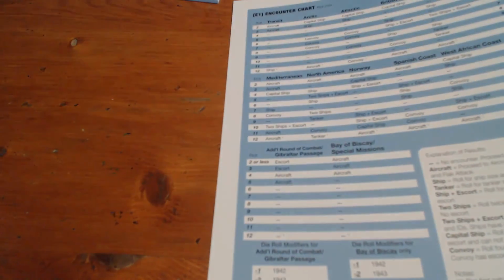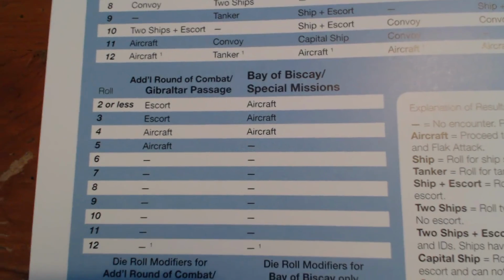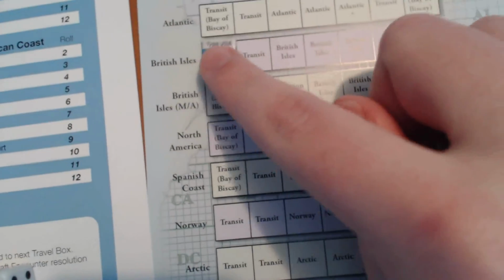And next we'll look at the encounter chart here. So if we have a look, so here we go. You can see that we roll on this encounter chart, we roll 2d6 yet again. We're down here in the Bay of Biscay, so we'll be rolling 2 dice again. Where'd the other one go? It's up here. So that's a 6. Bay of Biscay. A 6 is nothing. So we can safely move into transit from the Bay of Biscay. We'll come back over here and